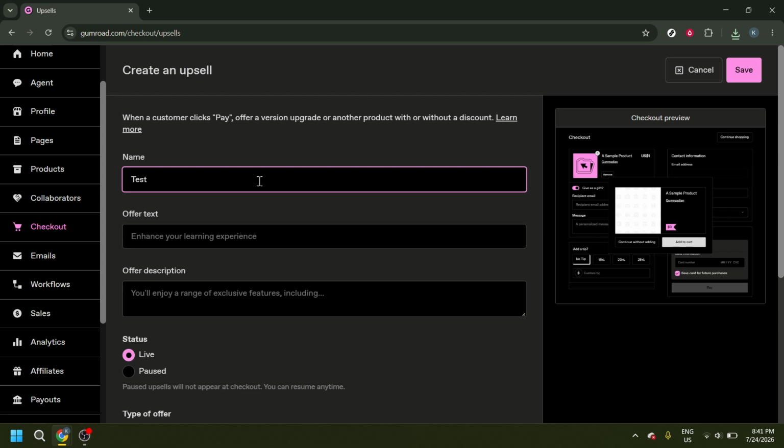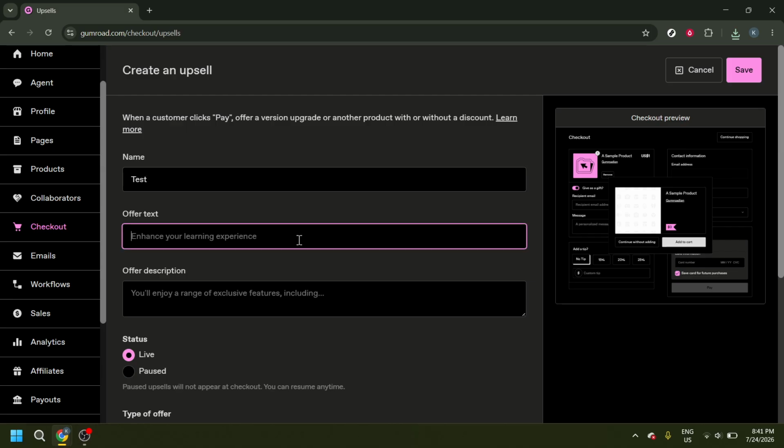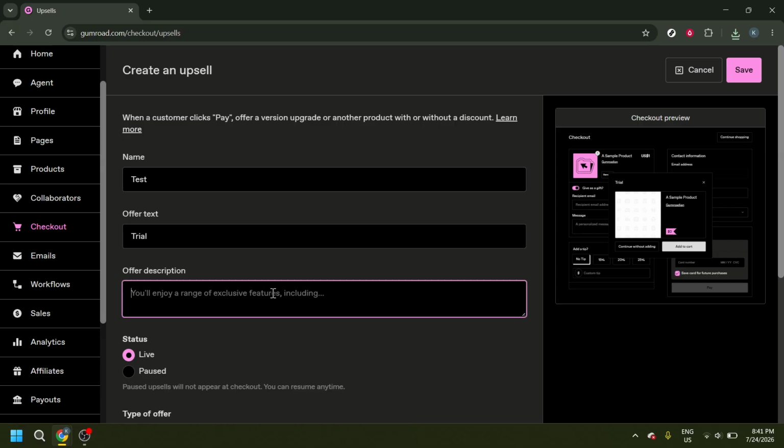Next, enter the offer text that customers will see. This should be clear and direct, since it acts as the main message of the offer. Keep it simple, so buyers instantly understand what is being presented to them. After that, enter the offer description. This is where you explain the value of the upsell and highlight the benefits. A good description helps customers understand why the extra product is worth adding, so make sure the wording is specific